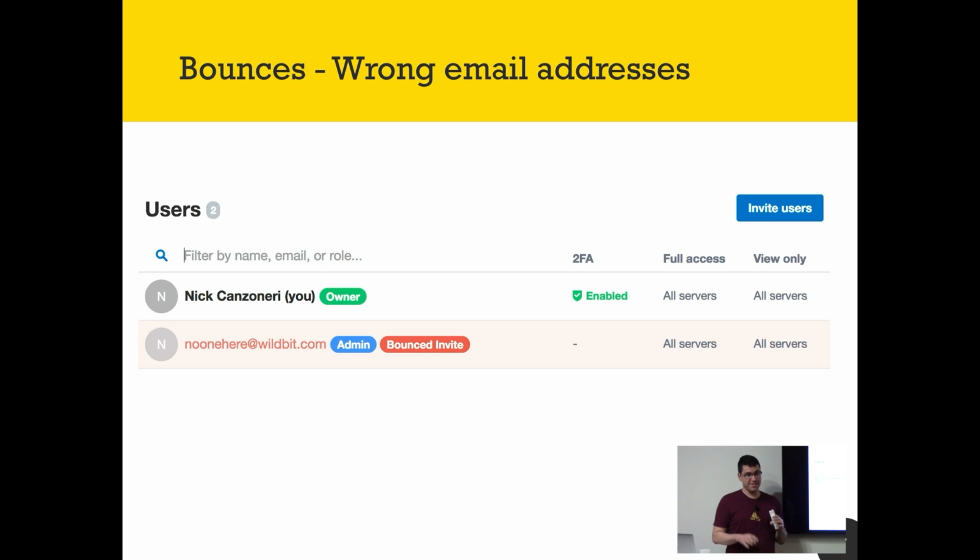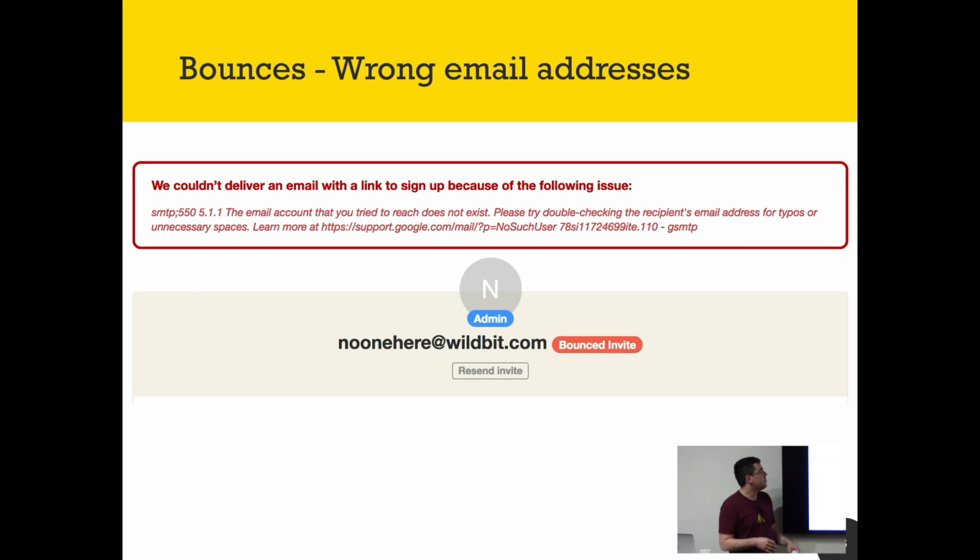So what happens if you mistype that email address and mess it up? In case the person doesn't wait 6 hours and tell you, hey, I never got the invite, maybe the email is delayed or whatever. But if you mistyped it, they're never going to get it. So this is what we do in the Postmark web app: we let you know right away that this email bounced, the user is never going to see that, and you probably need to check the email address. If you click into it, we give the exact reason why the email doesn't exist. In this case, no one here at wildbit.com exists, and this is the exact message that